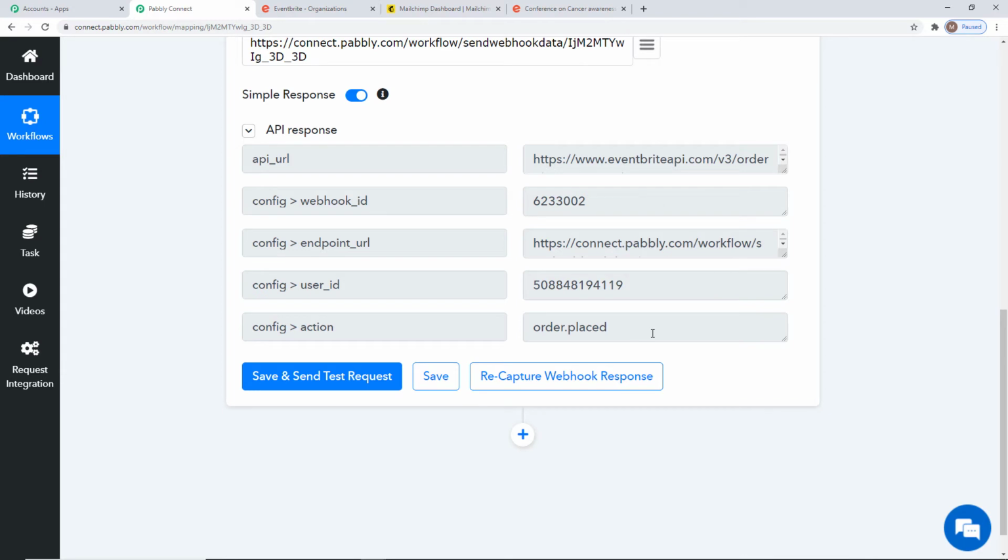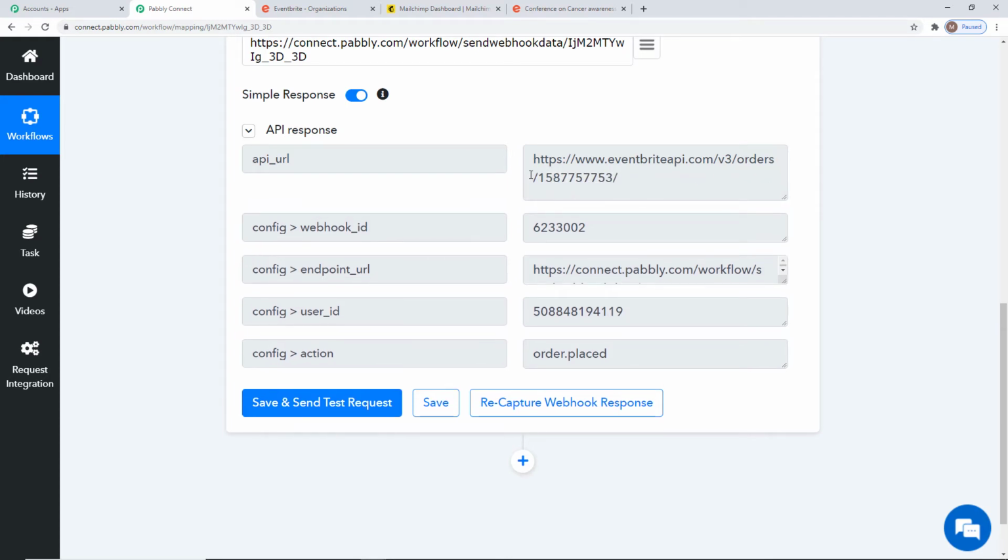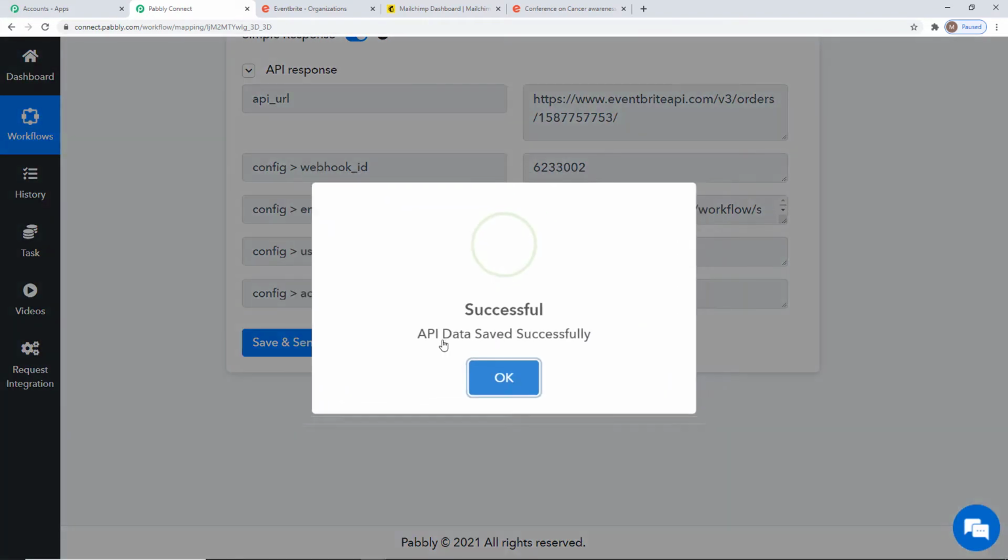The thing here is that you cannot see the event details, that is event name, the event date or time. But if you extend this API URL, you can see the event ID. Now this event ID will help us extract the event details like date, time and the title of the event. In order to get this ID of the event, we are going to use text formatter, split this text and extract our event ID. So I am going to click on save first.